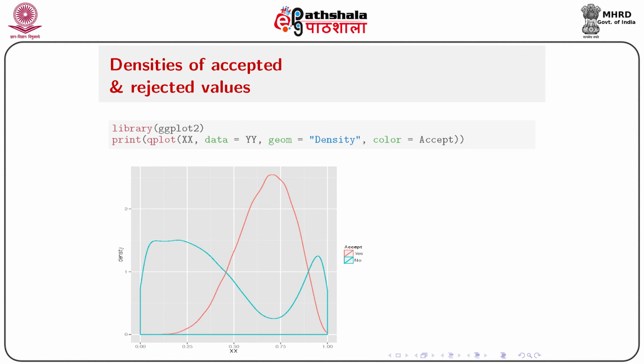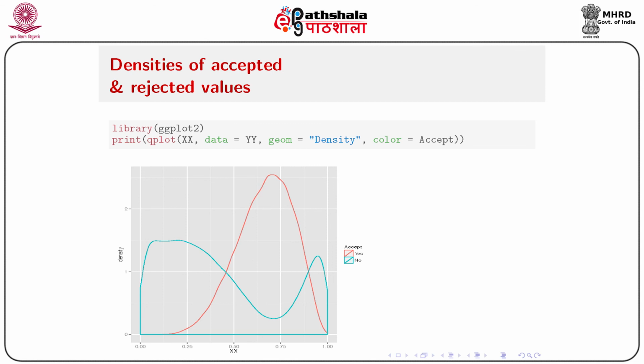So the density of the accepted and rejected values can be seen. To display this, I'll take the help of the library ggplot2, and in ggplot2 I'll use the function called qplot. So print qplot(x, data = y, geom = "density", color = accept), where accept is the variable that I assigned in the data frame. And that will give you the density of accepted and